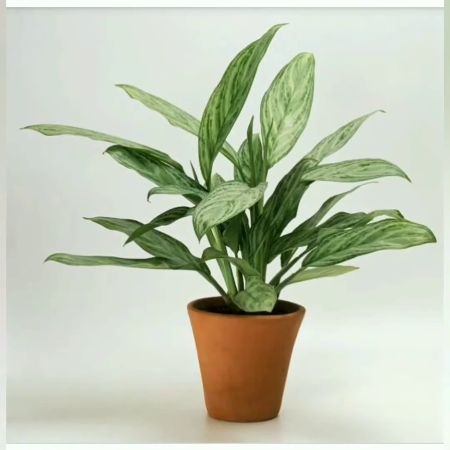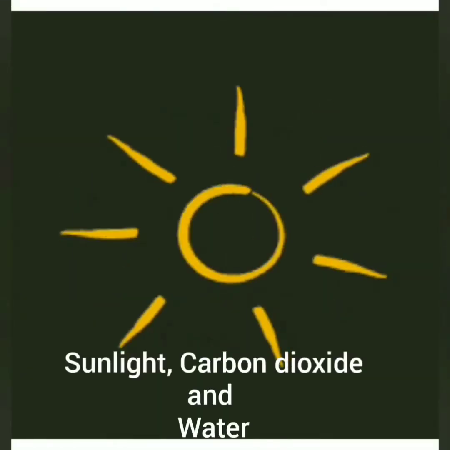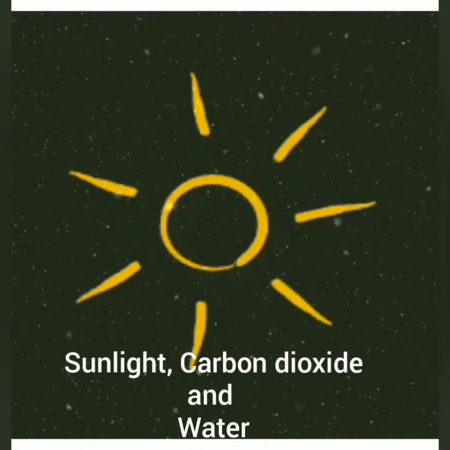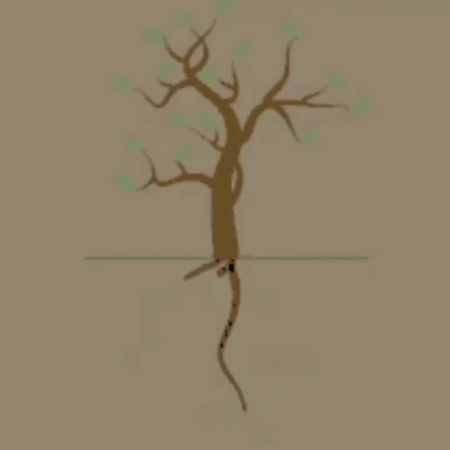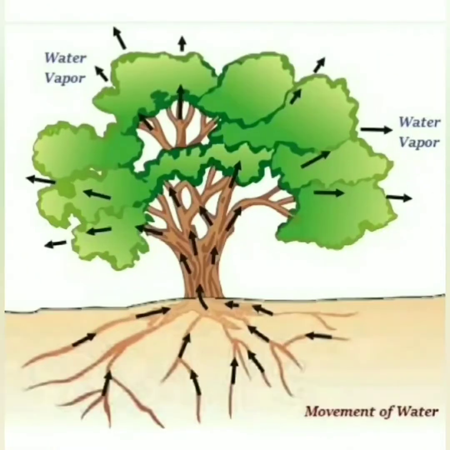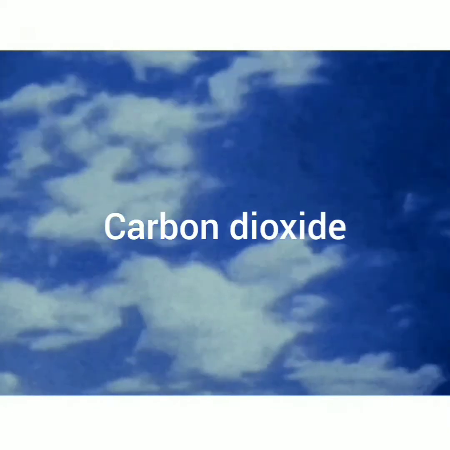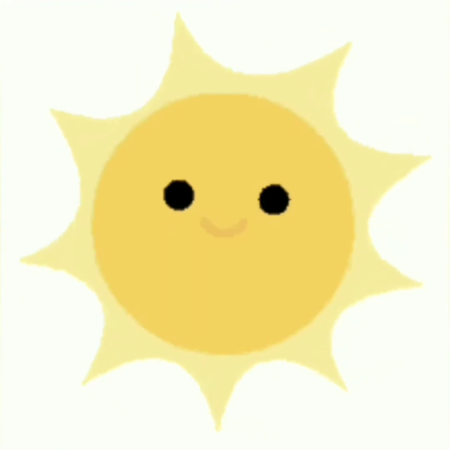Any plant needs three basic things to make food: sunlight, carbon dioxide and water. It is the root of the plants that helps extract the water from deep under the soil, and also the roots transport the water along with the minerals to the stem, then leaves and the rest of the parts. Now what about carbon dioxide? Well, carbon dioxide is nothing but a gas that is found in the air, right? What about sunlight? From where is it coming? From the sun, of course.